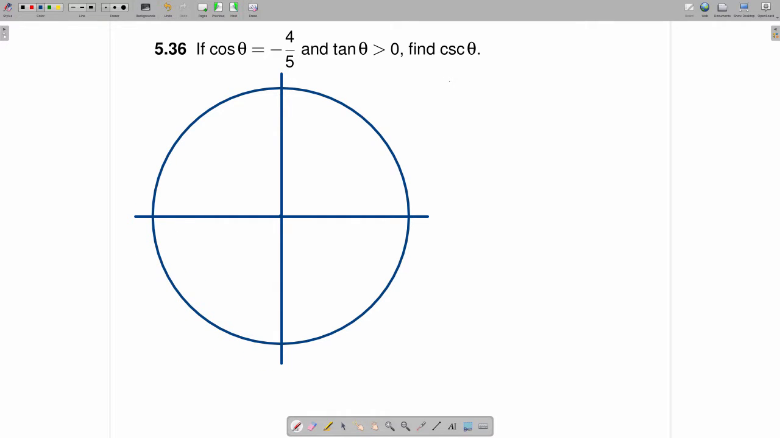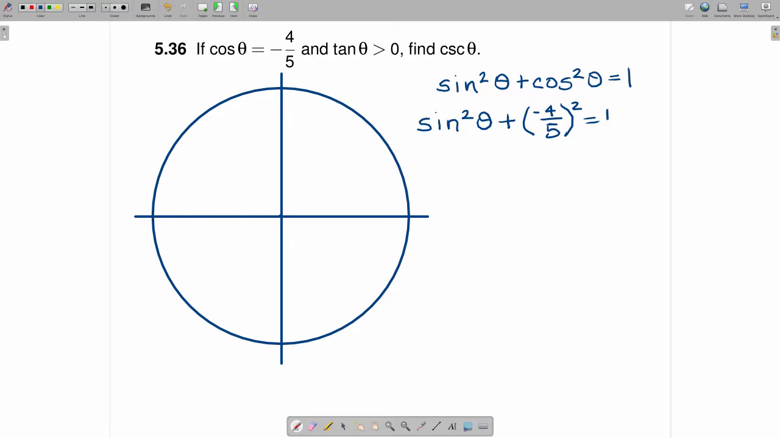Next thing I'm going to do is write down the Pythagorean identity, and that is sine squared theta plus cosine squared theta is equal to 1. We know that the cosine of theta is negative 4/5, so this becomes sine squared theta plus negative 4/5 squared is equal to 1. And that is sine squared theta plus 16/25